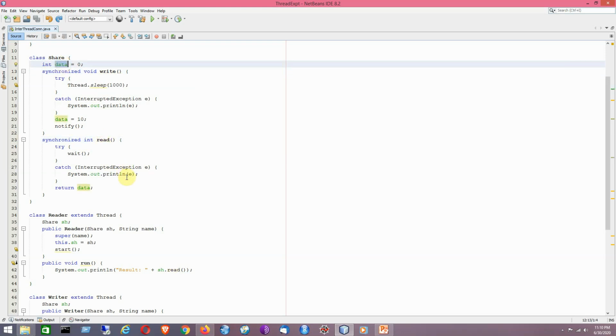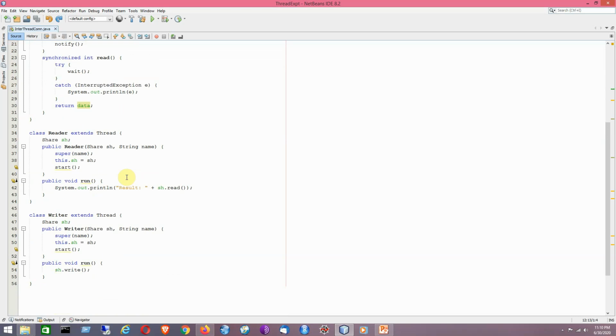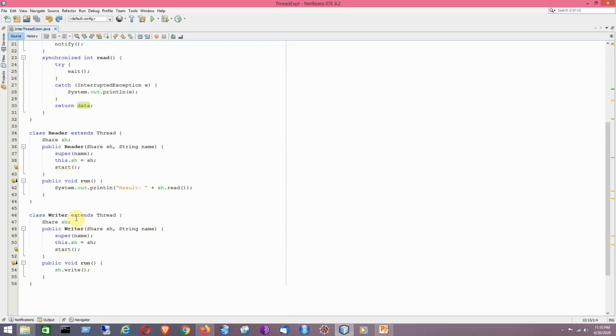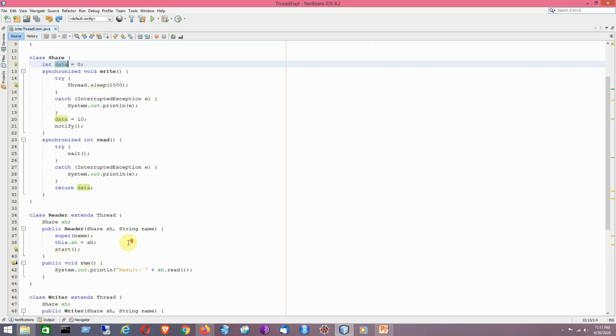Now we have the class Writer and class Reader. Both of them will be using the shared class reference, and both of them use the extends Thread option, so they have the same kind of structure. They will be using the shared reference and the name, that is the name of the thread itself.